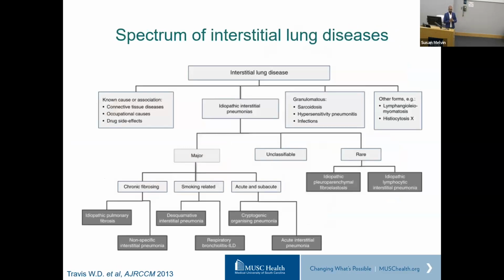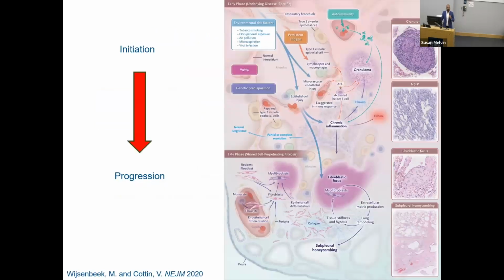This is the classification of interstitial lung disease. I leave it up there again just to share the complexity. I don't expect any of you to follow this, but it is one of the things that I talk to my fellows about, and I say, this is a classification that was born out of convenience. You can see there are different diseases that are clumped together that necessarily do not match in their etiopathogenesis and risk factors. But this is born out of convenience so that we can at least start to identify and study them in groups. And this is the definition that came out of Travis and Costabile in the 2013 ATS guideline.